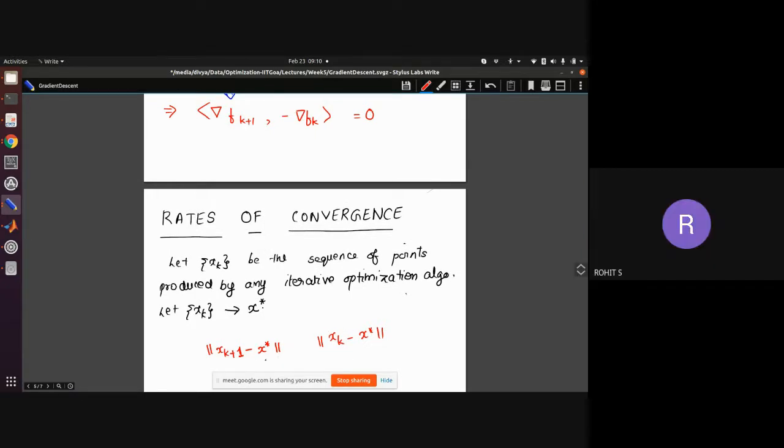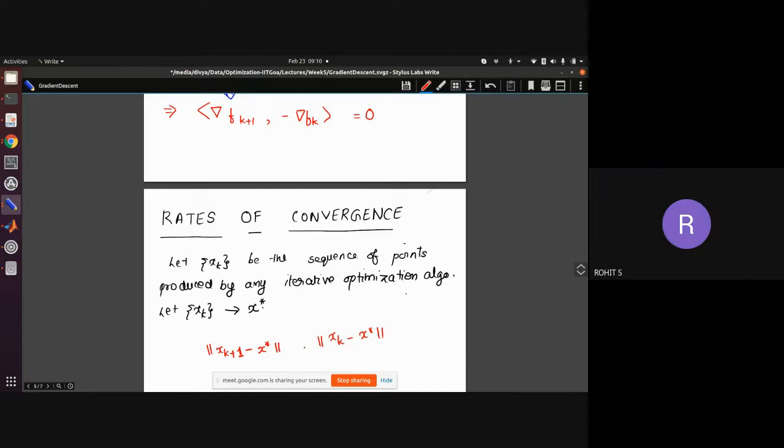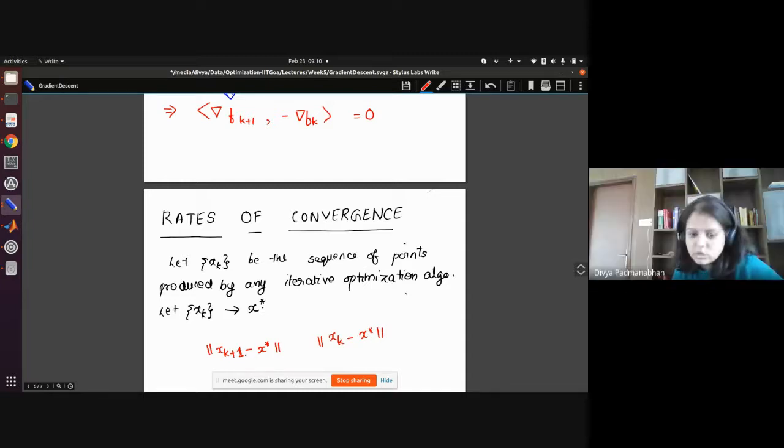xk approaches x star. Right. The left one should be closer. Plus 1 should be closer, right? So xk plus 1 should be closer to x star, right? So this is always, you're going to have this kind of a behavior, right? So at every iteration, at every k,